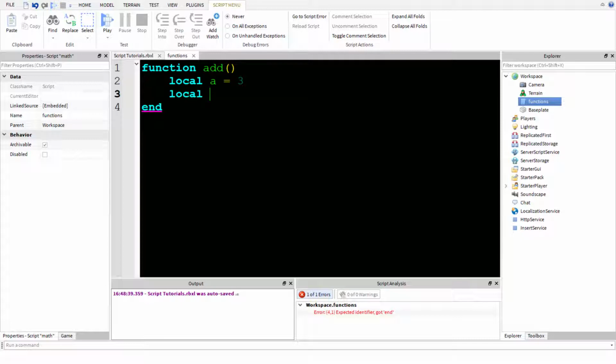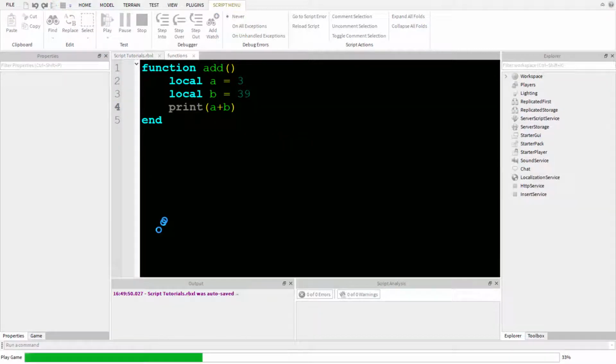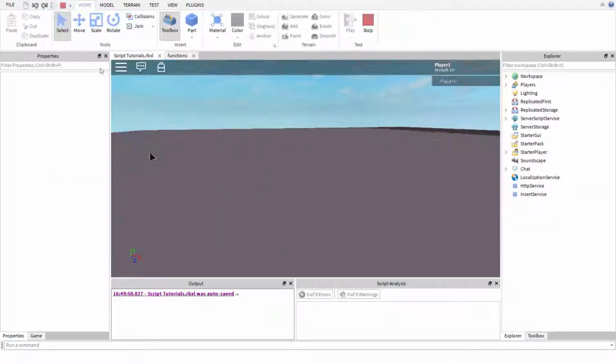And let's enter local b and make it equal to 39, because why not? And we are going to do print a plus b. And if we run it, or just play,